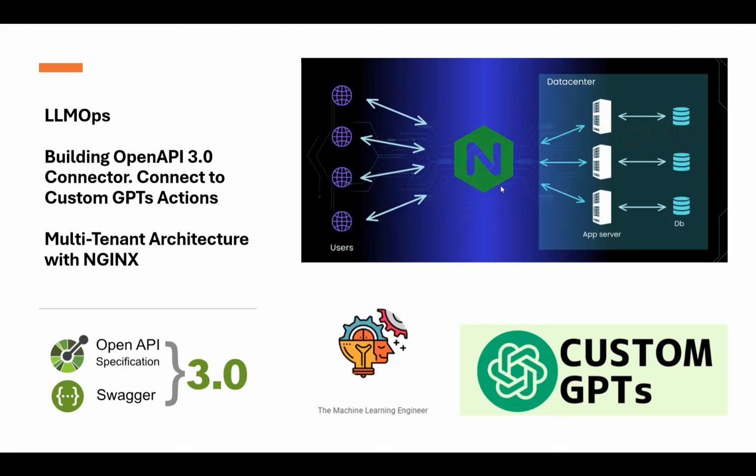In the front we are using a reverse proxy, NGINX, and NGINX is also the termination endpoint for the SSL protocol for our HTTPS connection. So this means that we have multiple users with different subscriptions, either in Claude or OpenAI ChatGPT, using custom connectors in these connections, and using either MCP or OpenAPI protocols.